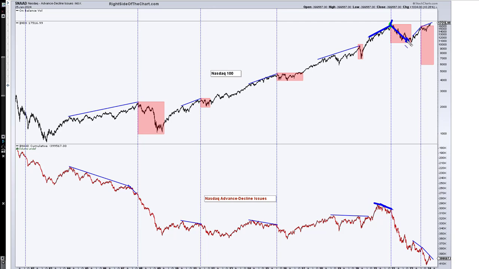I'm sorry, November 2021 into the October lows right there. And then NASDAQ 100 really took off in January. And here it is. So this is a breadth indicator because you're looking at advanced versus declining issues, and look at that divergence. So it has been the same thing, fewer and fewer stocks,